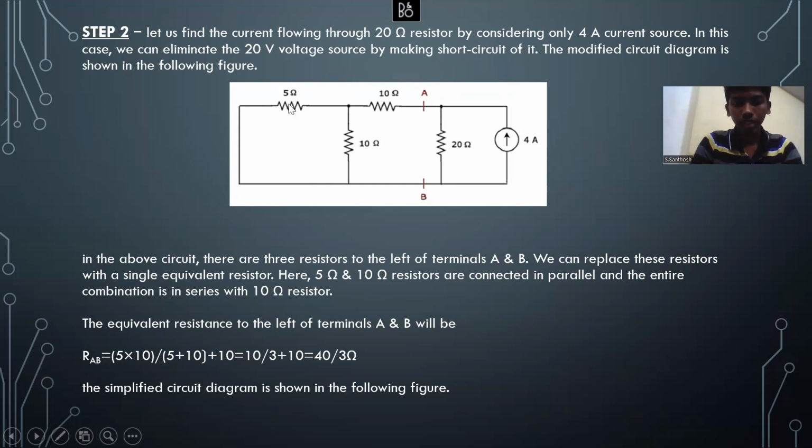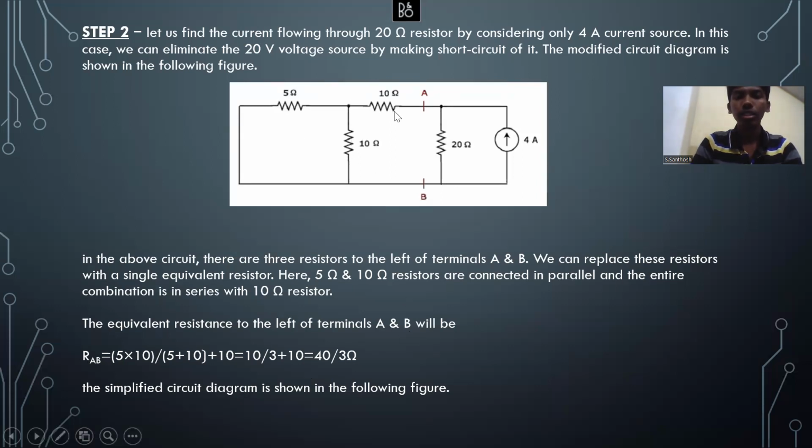That is, you can see over here that the 5 ohm resistor and 10 ohm resistor are in parallel, this combination is in series with this 10 ohm resistor, and these two are parallel to each other. So you can see over here that we've done the calculations. So 5 into 10 divided by 5 plus 10, plus the 10 ohm resistor that is in series. And then whatever value you get over here, that is the simplified circuit, or the equivalent resistance for